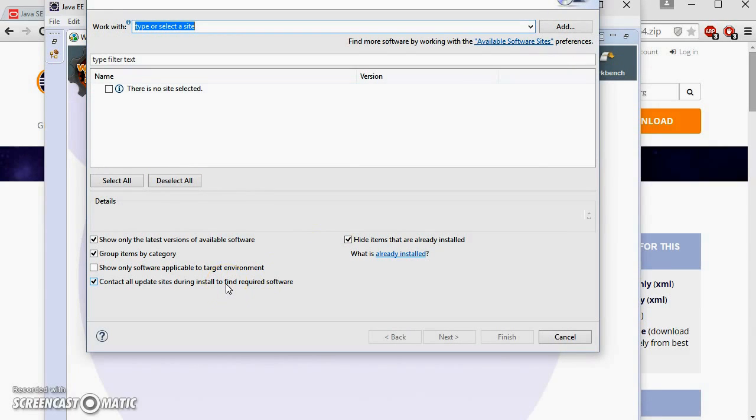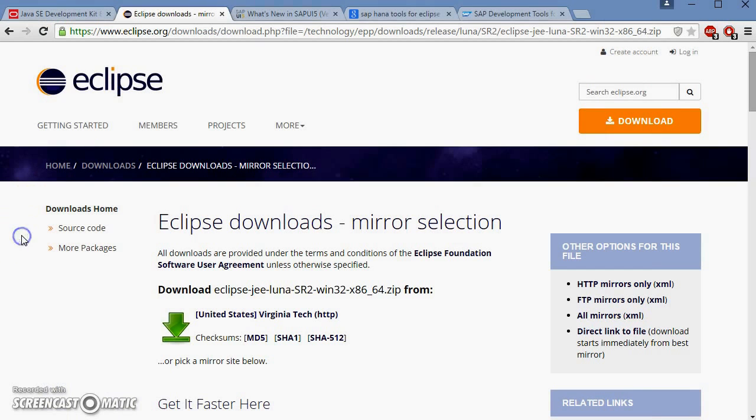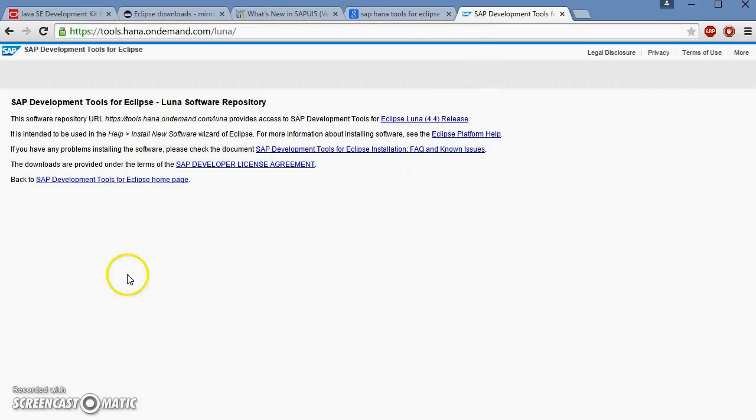Now the easiest way to install SAP UI5 toolkit is to provide the SAP HANA tool URL here. We can get the relevant URL from the SAP UI5 help website, which in this case is tools.hana.ondemand.com/Luna.